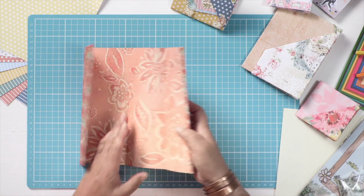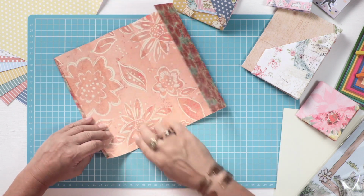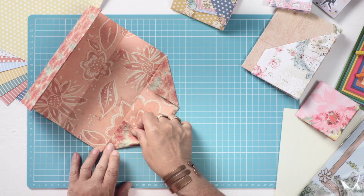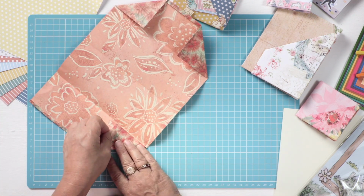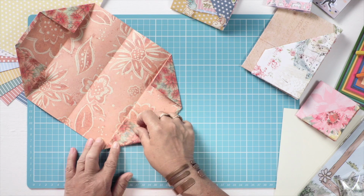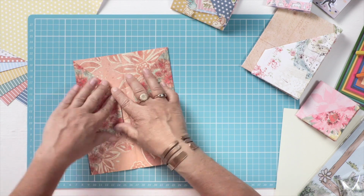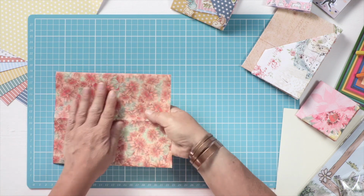And again, open them out. So it's divided into 4 pieces, these pieces being slightly larger than these. And then you need to bring your corners up to this fold line. Do that on each side, before folding them in. Now what you'd think now is you just fold it in half with the pockets on the outside. Before you do that, flip it over,